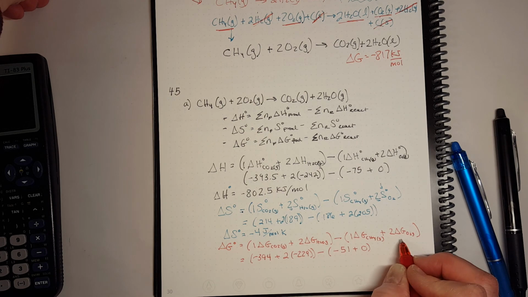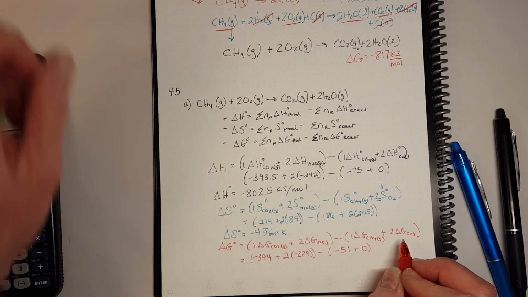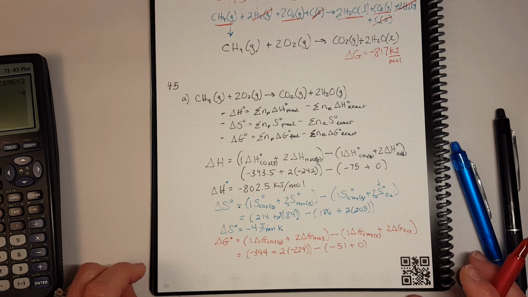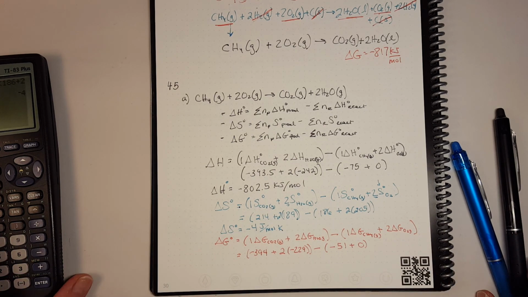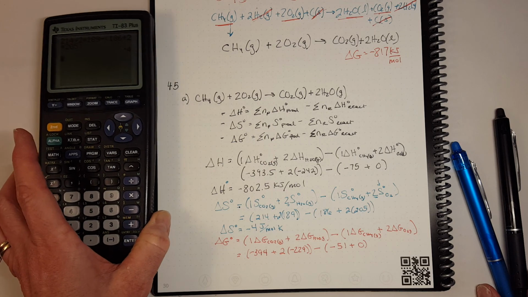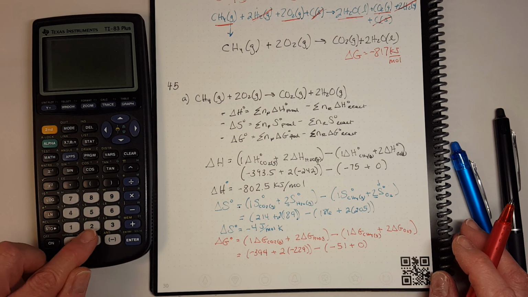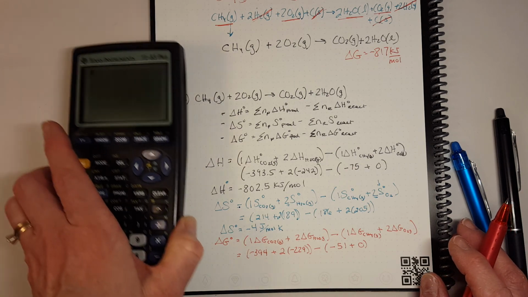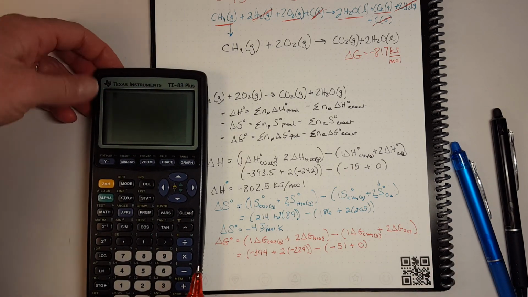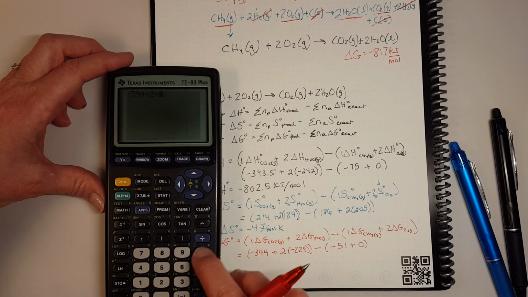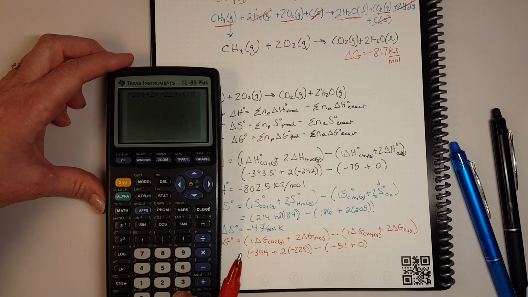The delta G is like the delta H. An element in its standard state has 0 Gibbs free energy. That means an element in its standard state is not going to just spontaneously have some energy that it can do work with. It is in its standard state, so it's in its lowest state there. All right, so now we're going to do our math. So we have minus 394 plus 2 times minus 229 minus, in parentheses, negative 51. And we get